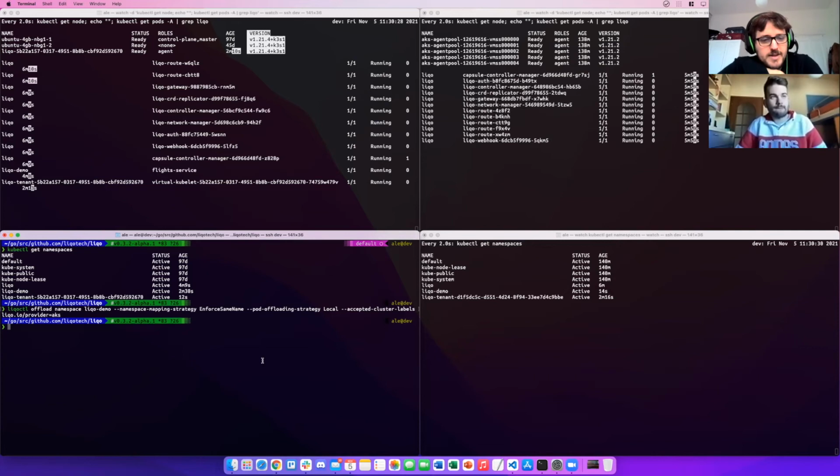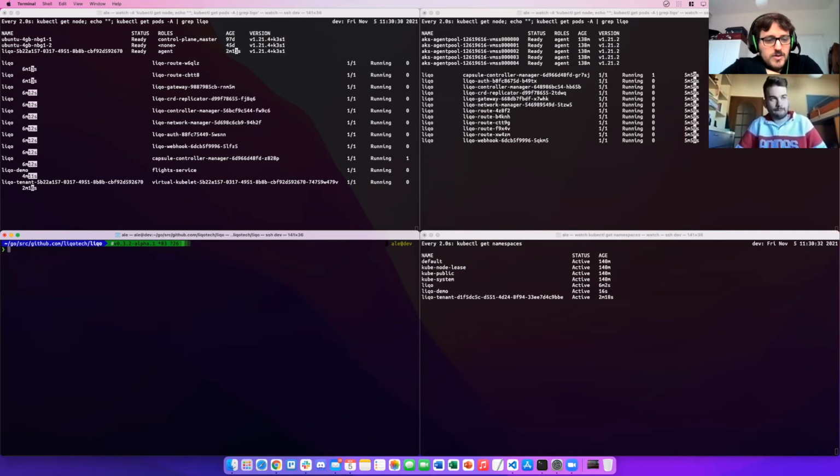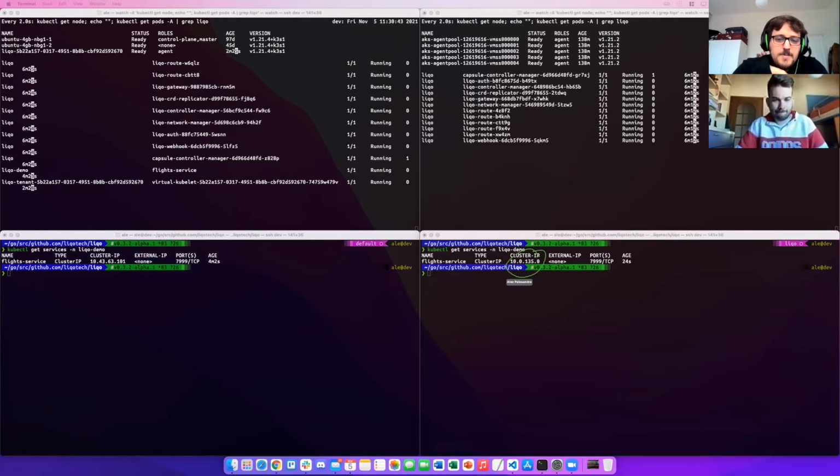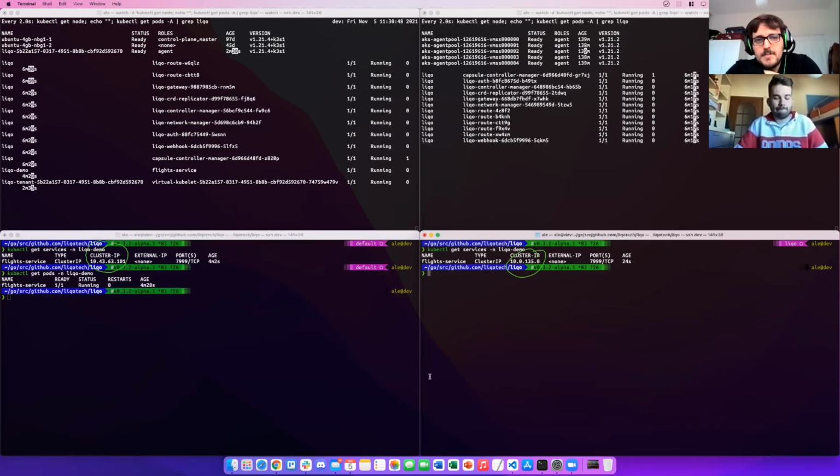If we have a look, for example, at the services that we have on the first namespace, we have the flight service. And if we look at the namespace just created as twin namespace, we have exactly the same service with a different IP. This IP is different because in this cluster we have a different address space for services.